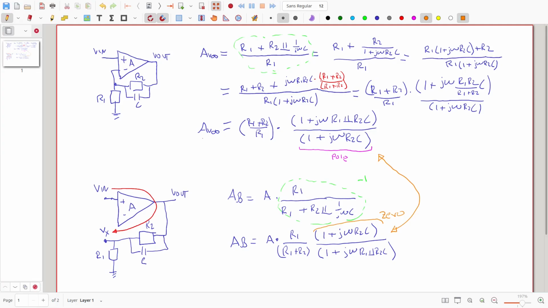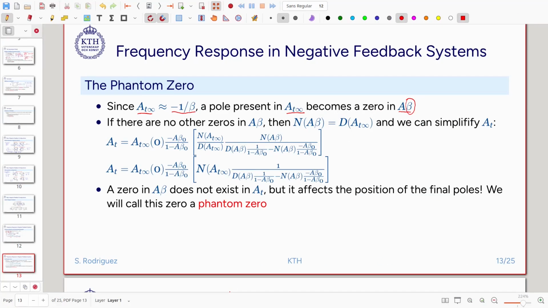So we see that a pole in the asymptotic gain gets transformed into a zero in the loop gain, and this has very profound implications in what we are going to do right now. So we come back to our equations here. So we have demonstrated with an example that a pole present in the ideal asymptotic gain becomes a zero in the loop gain. So if there are no other zeros in the loop gain,